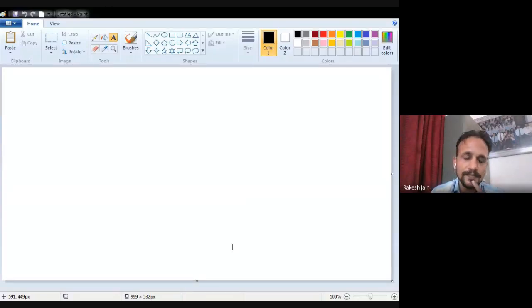And the second thing is, resistance can also be expressed in terms of its length L and cross-sectional area A. The resistance is proportional to the length, and inversely proportional to the cross-sectional area A. So R is proportional to L, and R is proportional to 1 by A. When we merge these two terms, R is proportional to L by A. So when we remove the proportional sign, R is equal to rho L by A, where rho